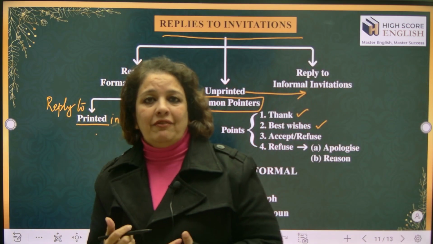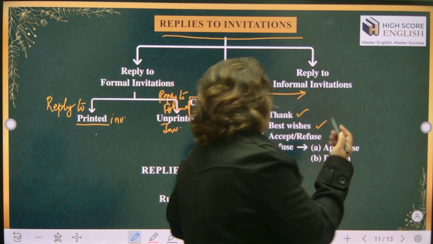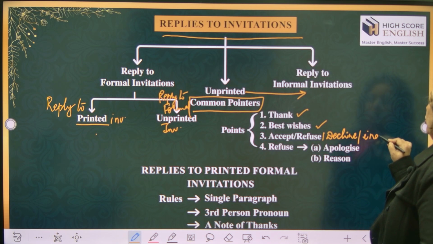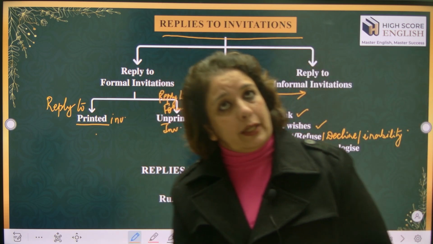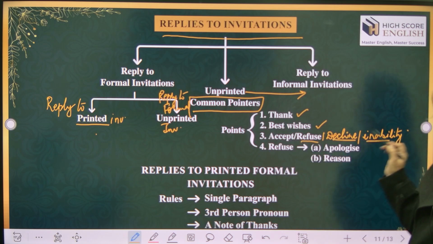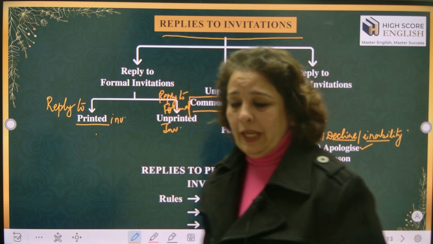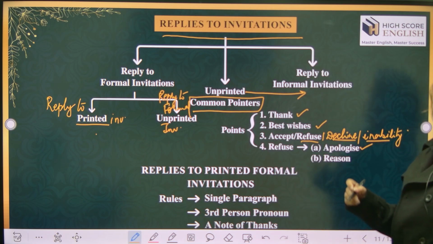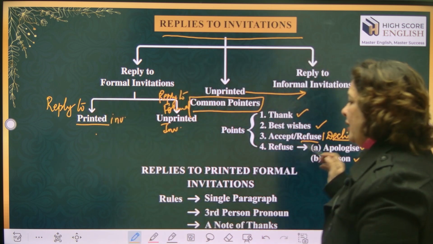Means either you accept the invitation and give your further program, or you refuse. And don't say refuse. The best way, either you decline the invitation or you give your inability. Though you want to come, though you would love to come, but you are unable to come for some reason or the other. In all these cases, when you are declining, or you are showing your inability, you have to first of all apologize. आप माफी मांगेंगे उसके लिए, ठीक है? And then you are going to give a reason also, that why you are not coming. Fine. So let us start.